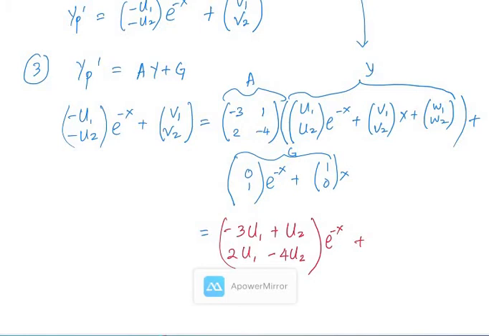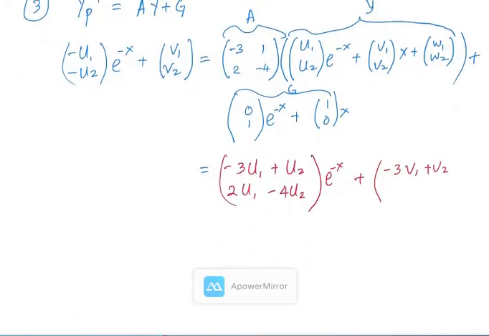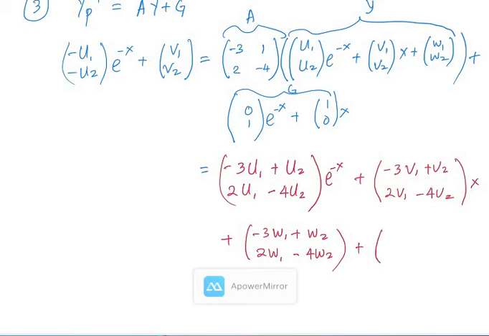And then the second one is negative 3 v1 plus v2. And then the second row is 2 v1 minus 4 v2. This is for the x. And then the third one is negative 3 w1 plus w2, and the second row is 2 w1 minus 4 w2, then plus with 0, 1 exponent negative x plus